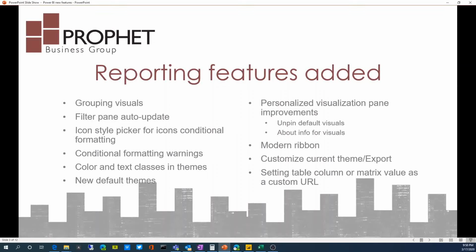Some of the new features are broken down by these different categories. Reporting features. They've added grouping visuals, or the ability to group visuals, filter pane auto update, icon style picker for icons, conditional formatting warnings, color and text classes and themes, new default themes, personalized visualization pane improvements, the ability to unpin default visuals, the ability to see the about info for visuals,